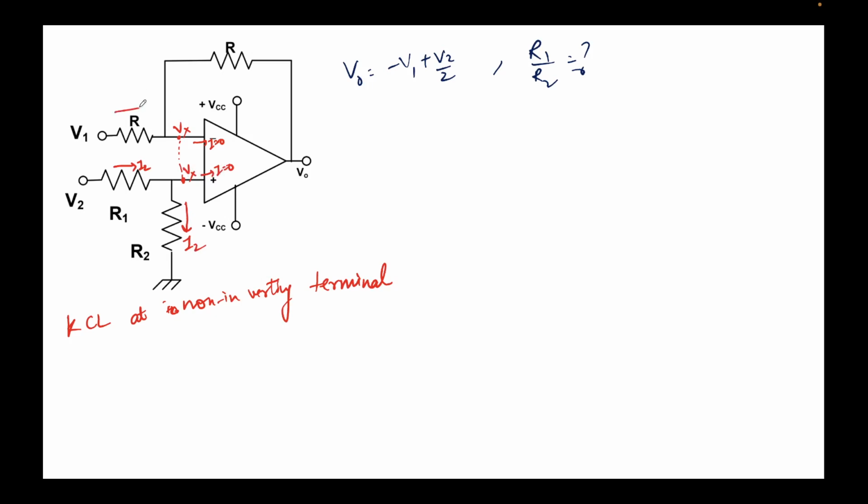Similarly, let's assume a current I1 is flowing through here. I apply KCL at this node and get that the current through R1 equals the current through R2, which I am simply calling I2. Similarly, if I apply KCL at the inverting terminal,